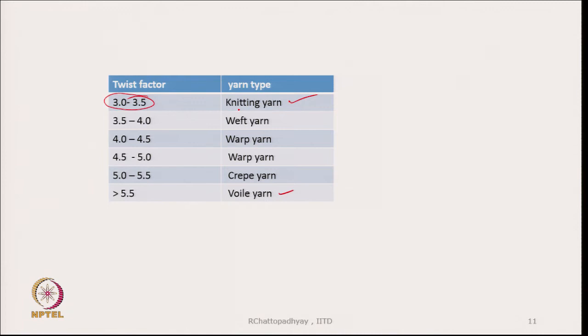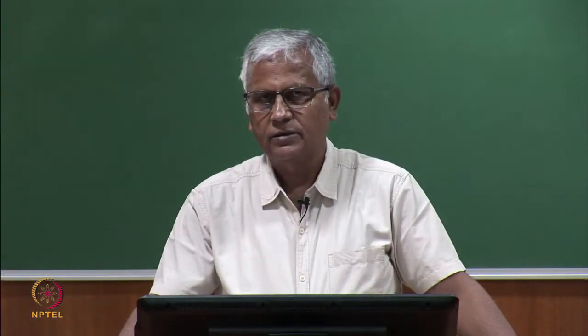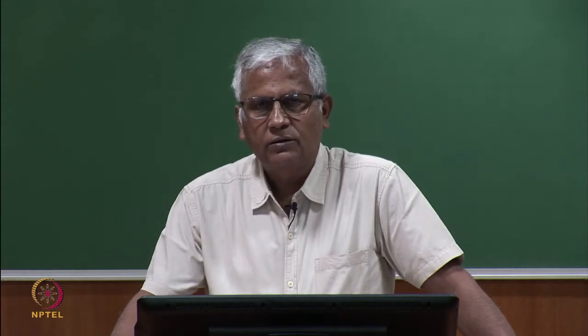of characteristics. When the twist factor is low, the yarn will be soft and at the same time little weak. For knitting yarns, we do not need very strong yarns, because the stress that acts during the knitting process is much less in comparison to the stress which will be acting on the yarn on a loom. Therefore, we can afford to have a little less twist in the yarn that is meant to go for knitting